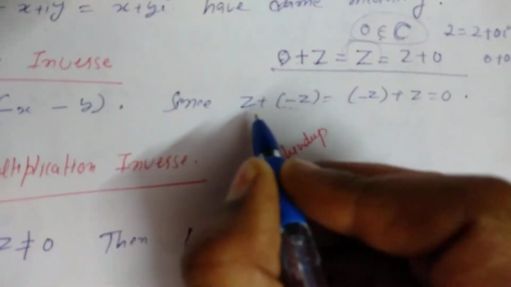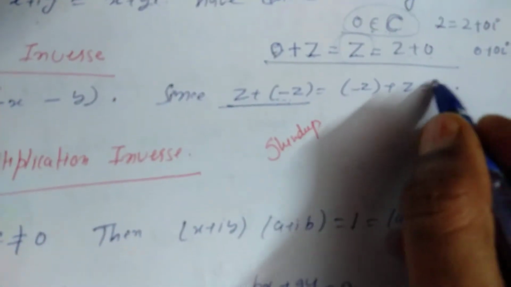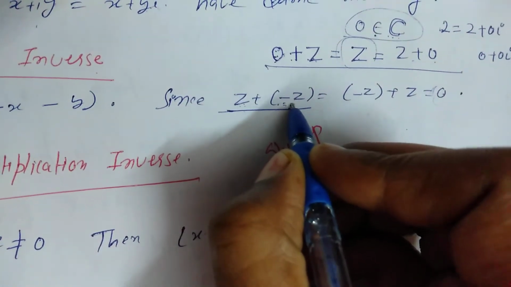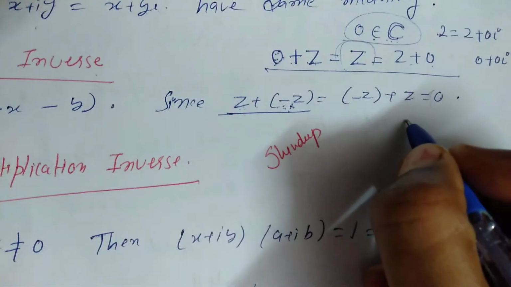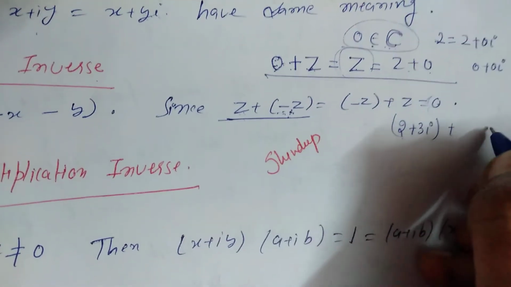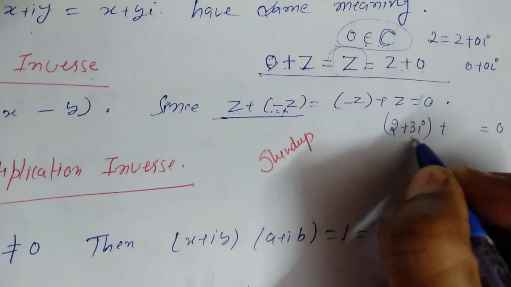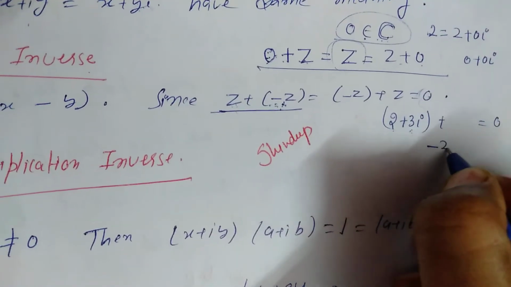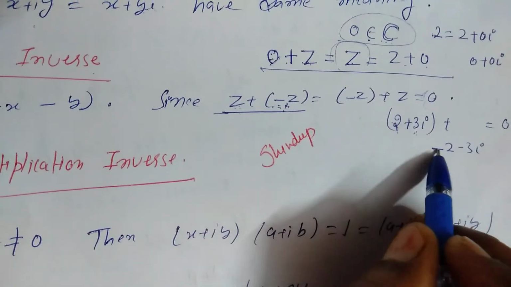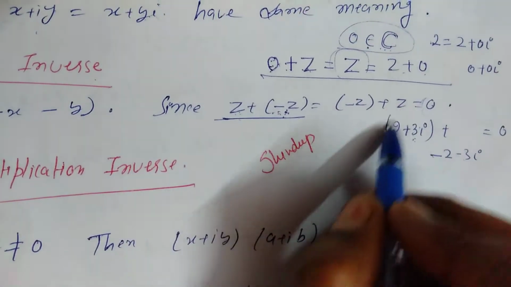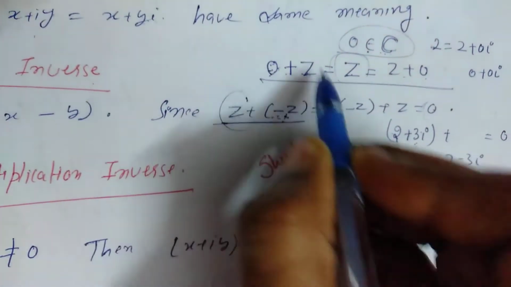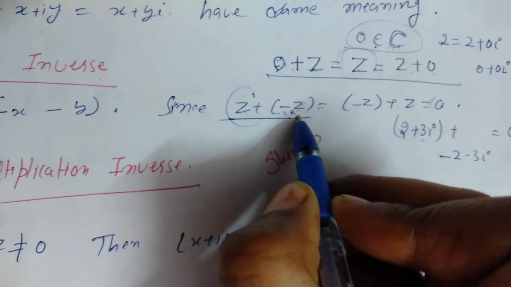And if we are adding two complex numbers and we are getting the identity of complex numbers, then that number is known as the additive inverse. So for example, I have 2 plus 3 iota. What should I add into this so that the answer is equal to 0? It is the negative of this number. I must add minus 2 minus 3 iota, and we will add the real number into the real part and the imaginary into the imaginary. It will cancel out and will give us 0. So if z is a given number, the additive inverse will be minus z.